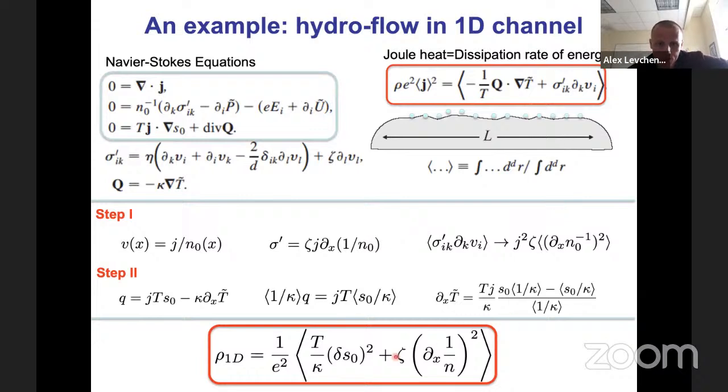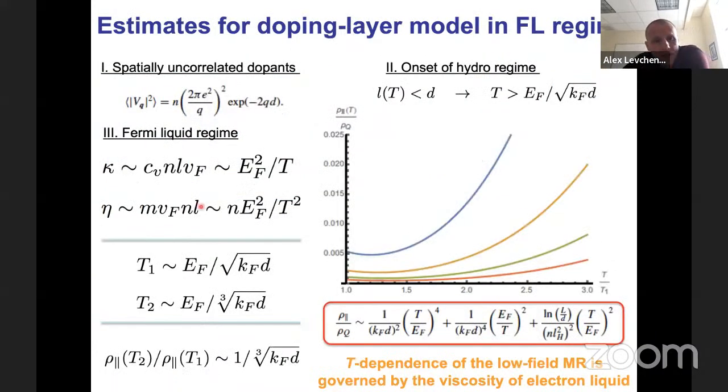So now what I'd like to do, as a sort of poor theorist, is try to distill certain predictions from this formula for some states that we know, at least qualitatively. So let's analyze this formula for a 2D case. And I will do this for a Fermi liquid regime, where we will take some Fermi liquid expressions for thermal conductivity and viscosities in the 2D case. So I will go now to the 2D example. The formula is the same, as I said, up to some small modifications.